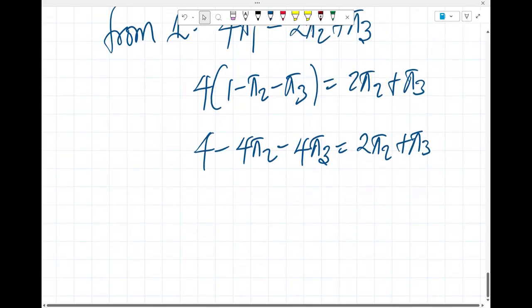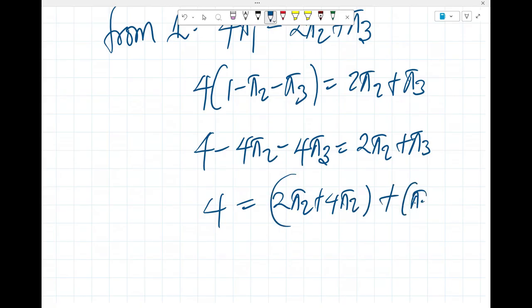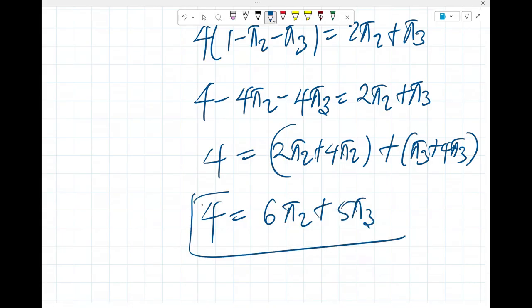we can tidy things up here, and we have 4 to be 2 pi 2 plus 4 pi 2 on one hand plus pi 3 plus 4 pi 3. So that this is 4 now to be 6 pi 2 plus 5 pi 3. So we have this kept for future